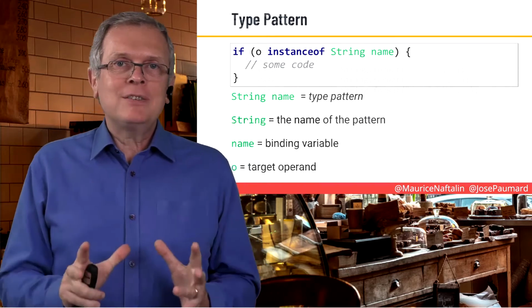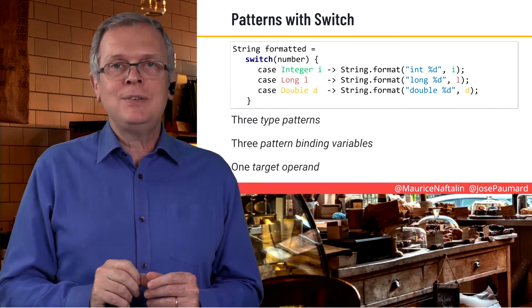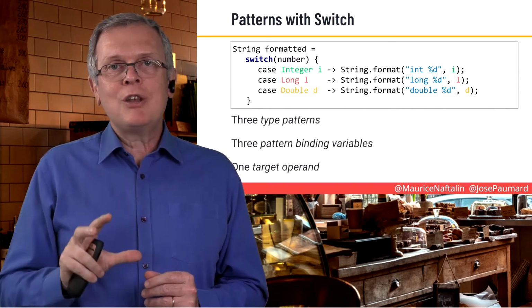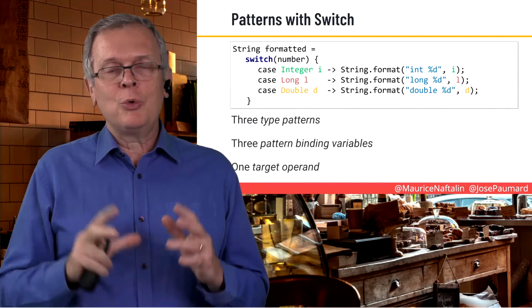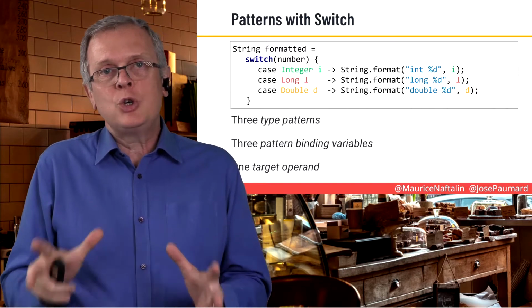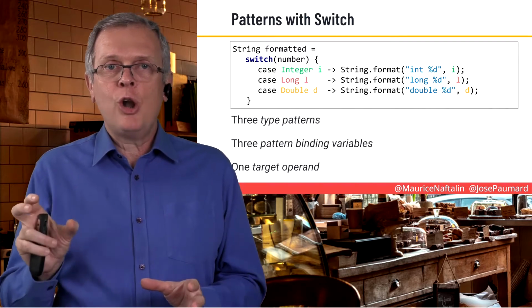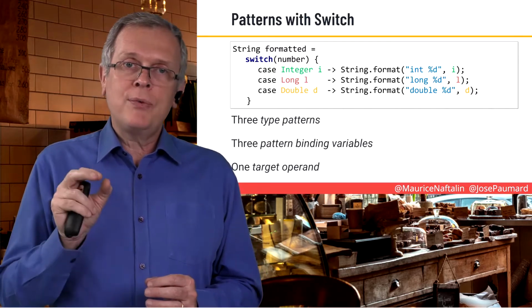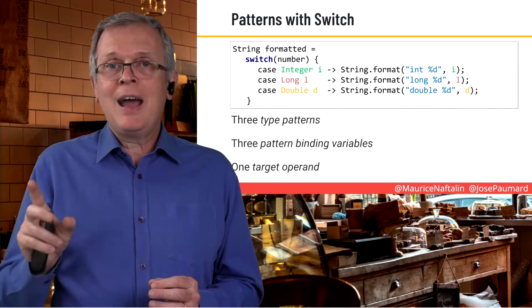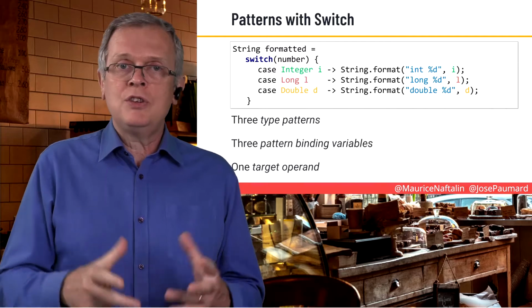So we can add patterns to the switch expression added in Java 14, which is currently being worked on. So we will have that in the future. Here is an example of what we could have. Here we have three patterns: Integer, Long, and Double. We have three pattern binding variables, i, l, and d, and one target operand, which is the argument of the